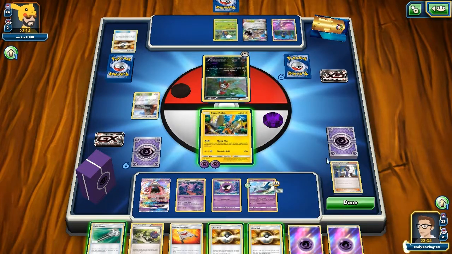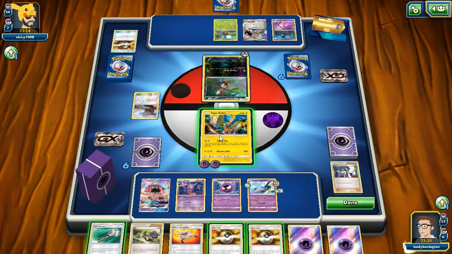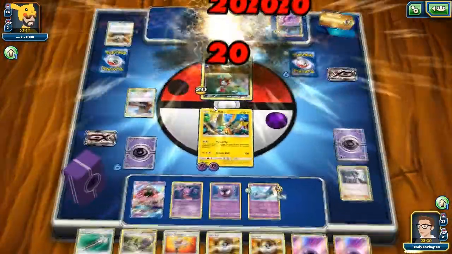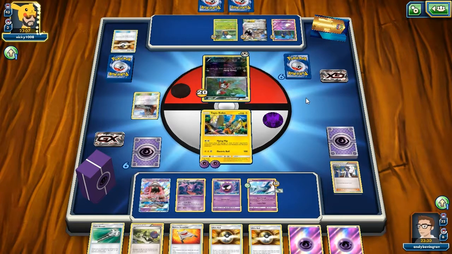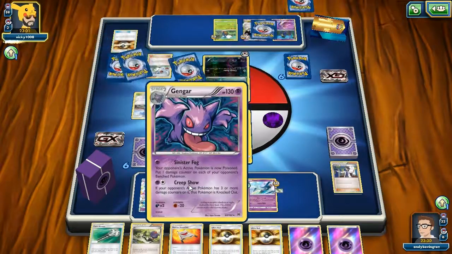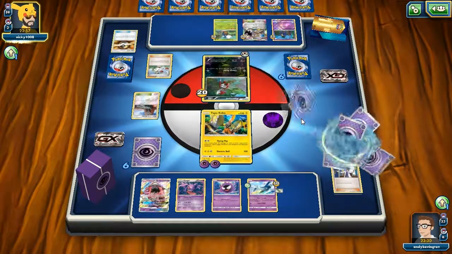I don't really want to blow anything off of him. It's not exactly helping him, but it's not hindering him either. So we've got at least one lot of damage out. We do have 2 more energies we can start loading up onto this. Oh well, we did have them. So we can start getting them onto